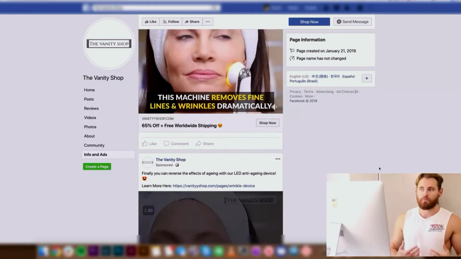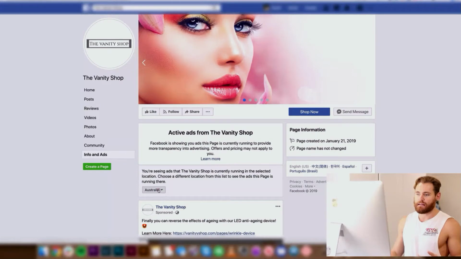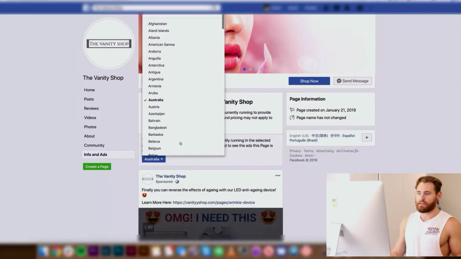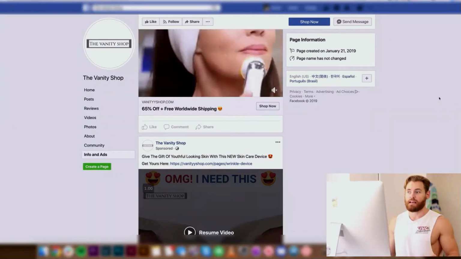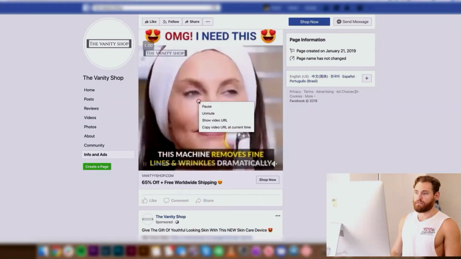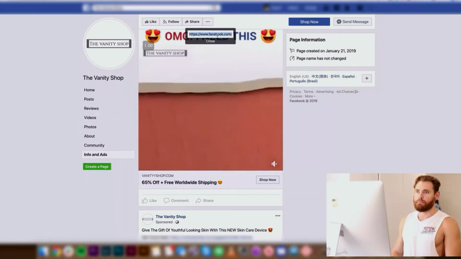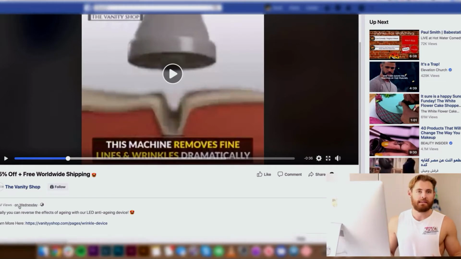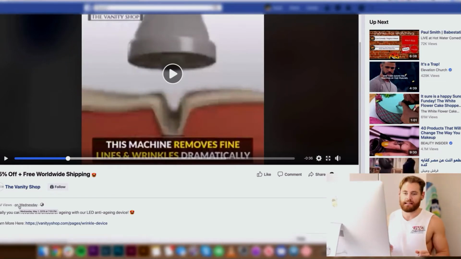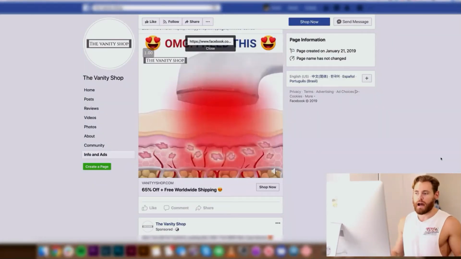It shows me that they're really working to make this product scale out. And then if we go up here under the countries, they're doing it to a lot of countries. So I'm going to guess that they're making some money with this product because they're doing this. And if we have a look at the actual video, so if you right click on, say, one of these videos, okay, and we open this in a new tab, it has 1.2 million views since Wednesday. It's Saturday today. So this product here is obviously a hot product, and they're already testing multiple types of videos